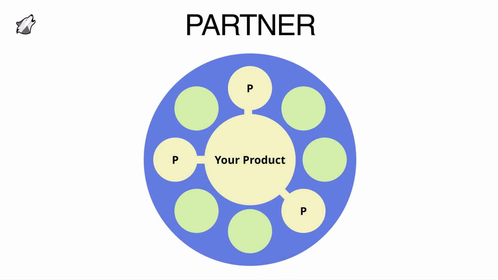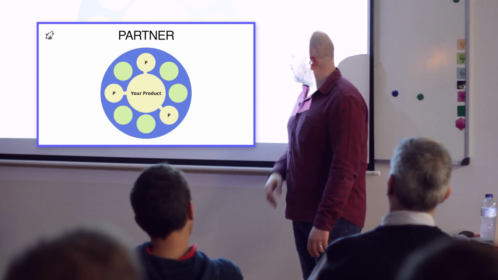So your product becomes dynamic, because in reality what happens is if you partner with another company, you cannot control their product. So the only thing that you can control is the partnership agreement, but you cannot define the other company's roadmap. But the other company's roadmap will influence your product as well over time. So you create this bond, but the bond is not something fixed that's unchangeable, right?